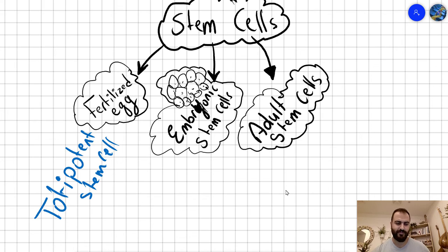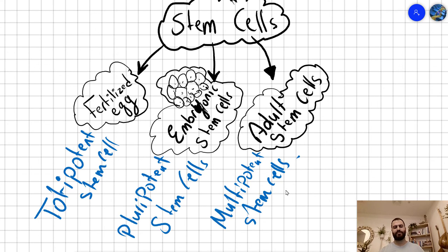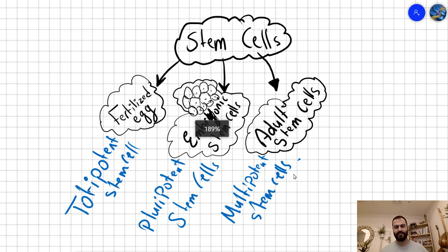Embryonic stem cells are called pluripotent stem cells, and the adult stem cells are called multipotent stem cells. These are the three types of stem cells, and as we said, all of them have